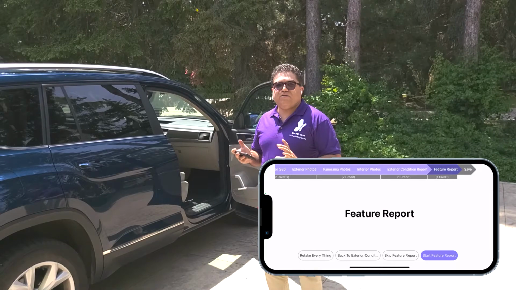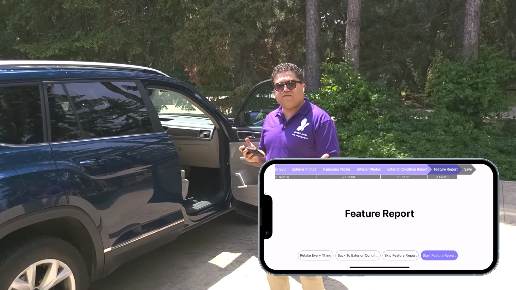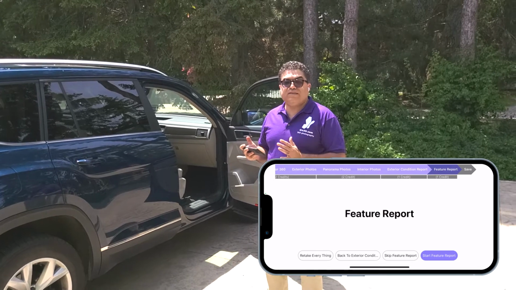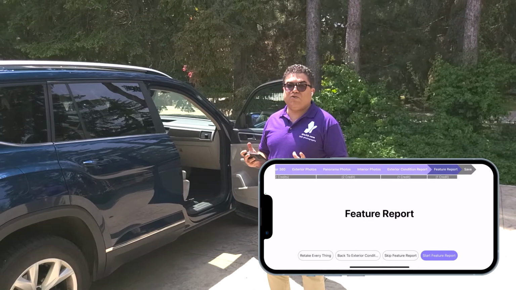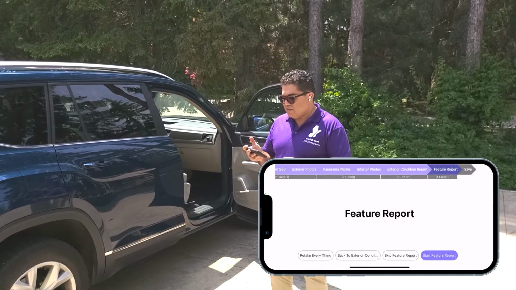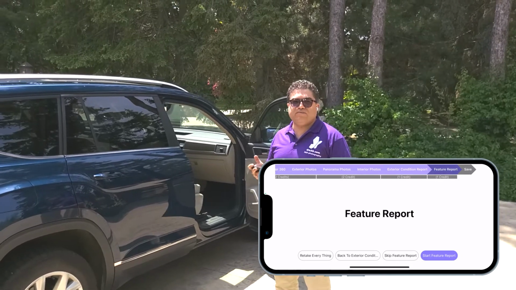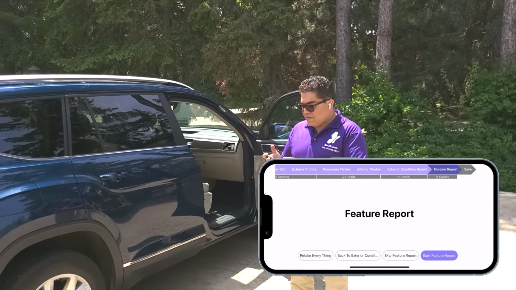If this is something that you're not going to use for your dealership or through the photography process, if you're doing it for a client, you could turn these off. Everything that I'm going to explain from now on, you could turn them off so that it doesn't even prompt them, and it will directly skip to the next stage. Feature report is where you can document features such as Bluetooth, navigation, leather seat,